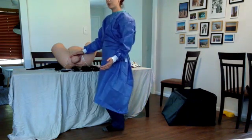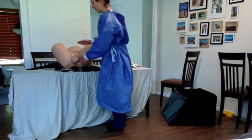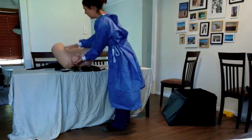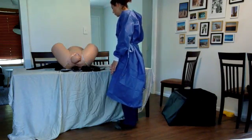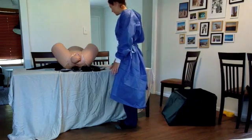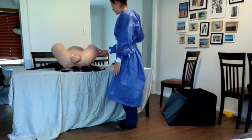So each manoeuvre we want to try for about 30 seconds. If that's not working, we want to move on to the next one. So we want McRoberts, which is knees up, gentle traction there. If that doesn't work, we're going to move on to Rubin 1. So we can keep Mum in McRoberts if someone can hold her there, and we want to move on to